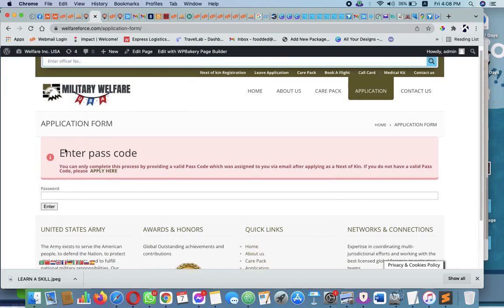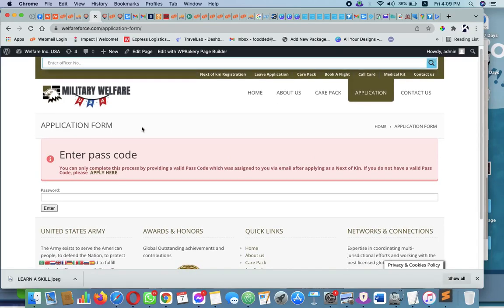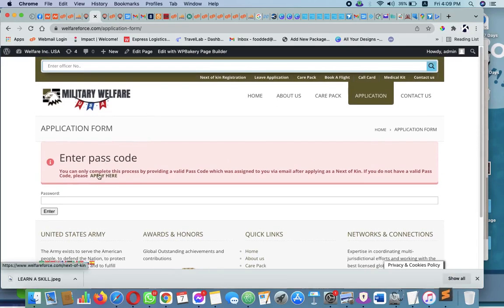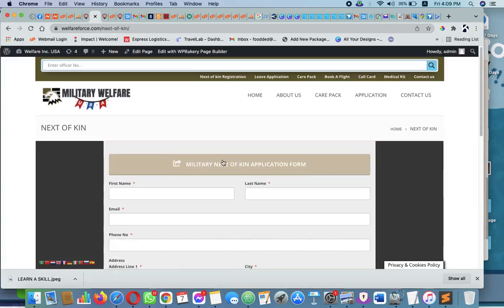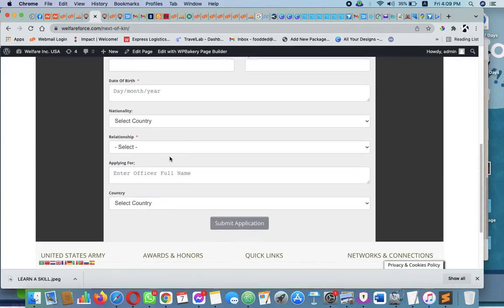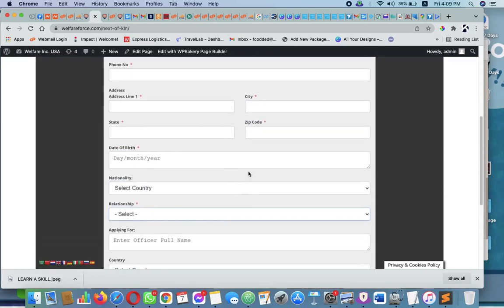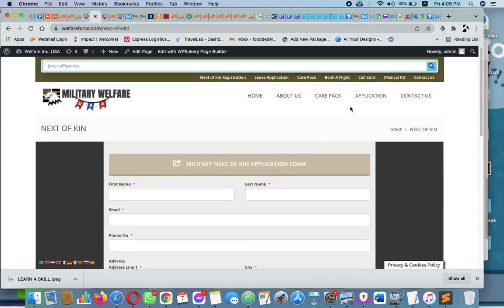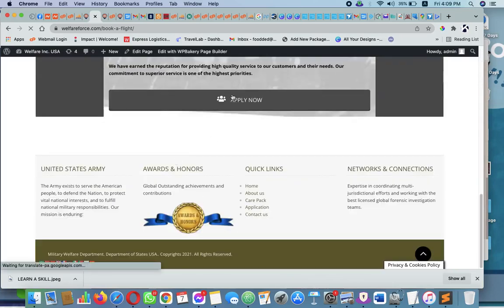And this is because as it works, I think it's next of kin that would be able to book the flight for them. So before they can book a flight, they have to first of all apply for the next of kin. So when they click on this next of kin or say apply here, it will take them to a place where they can fill the form to fill the next of kin and then submit it. So when they submit it, you will get it in your email. So you can now reply that email with a particular passcode that they can use to book the flight. So that once they enter the passcode here,